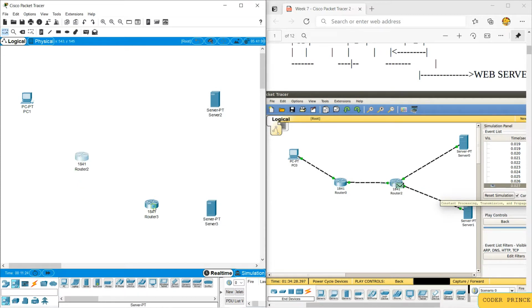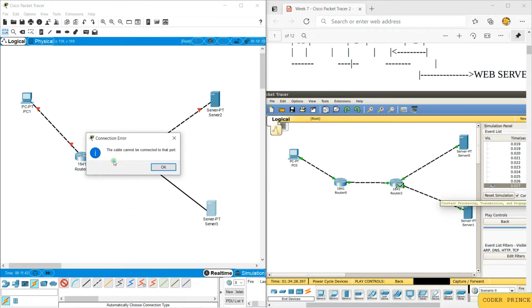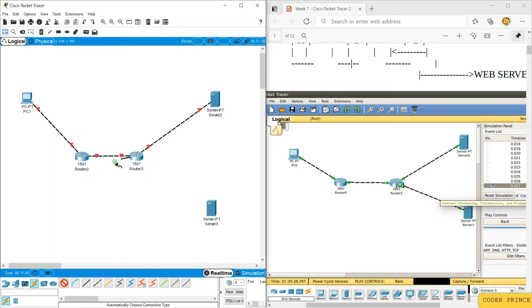Let's connect these through wires. Now when you try to connect this router with another server, you will get this particular error. So to do that, you need to create one free slot.